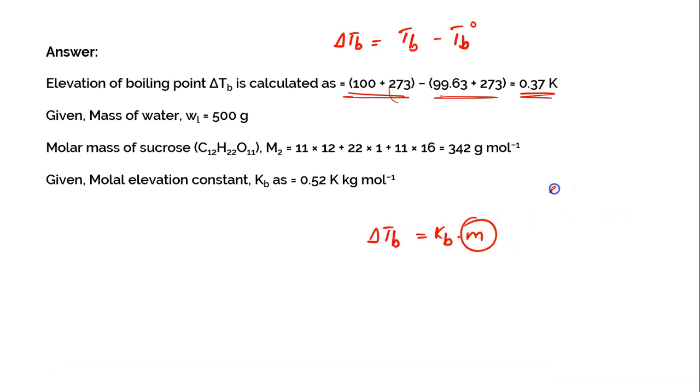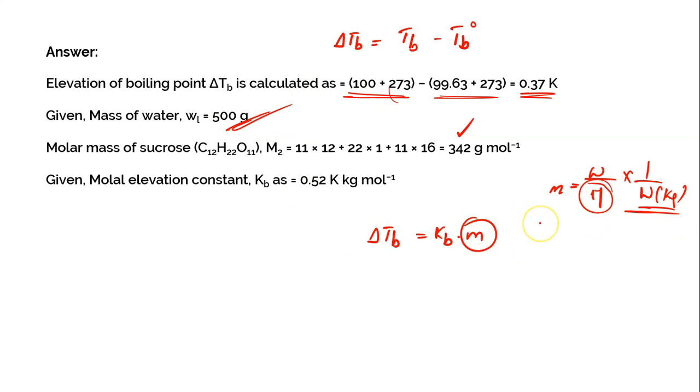We know the formula of molality also. It's weight by gram molecular weight of the solute into 1 by W, which is mass of solvent taken in kgs. So you need to first of all calculate molar mass of solute, which is sucrose, 342 grams per mole. And the given mass of the solute is what you're trying to calculate as per the question. And what is the weight of solvent? Weight of solvent can be calculated. In fact, you don't even need to calculate it. It's given in the question directly as 500 grams.